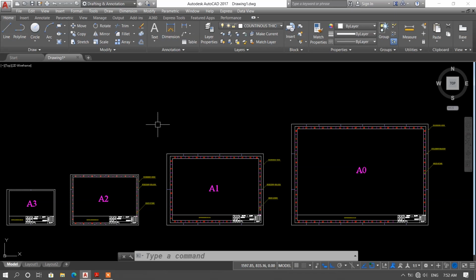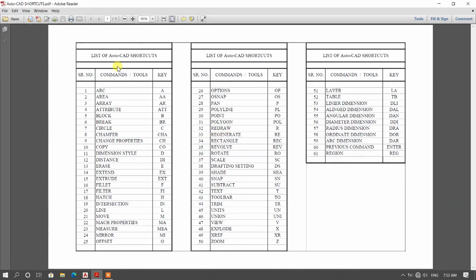Now on screen I am going to show the PDF file of AutoCAD shortcuts which we will use while drawing an object, modifying an object, or while giving the dimensions. This is the list of AutoCAD shortcuts which we are going to use in our AutoCAD software.